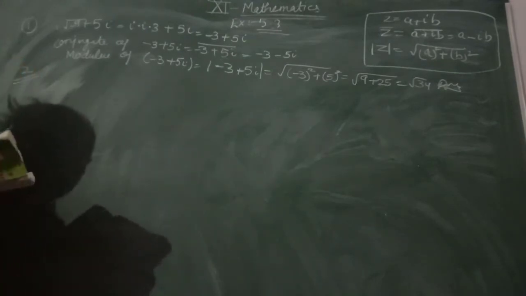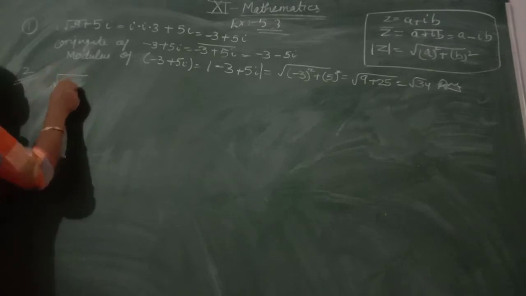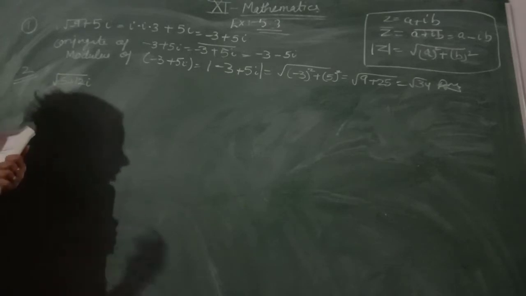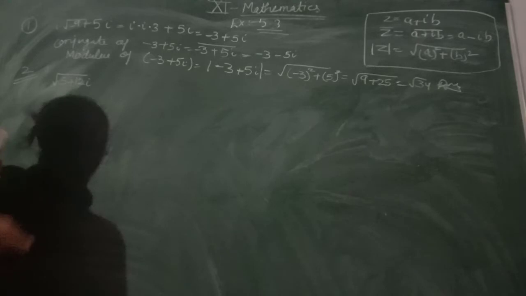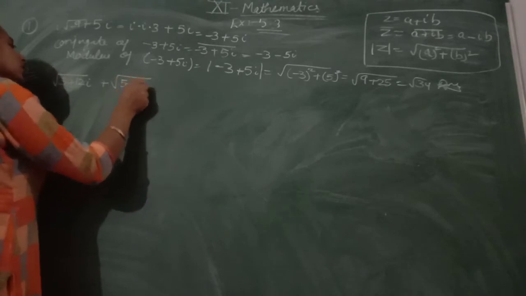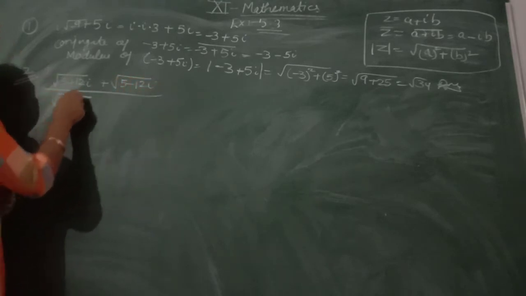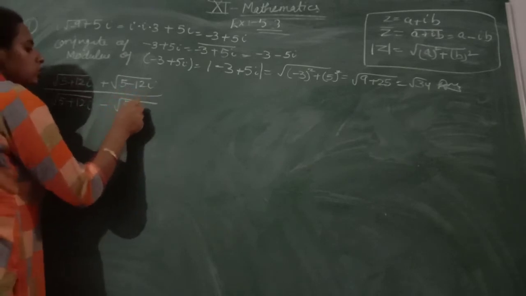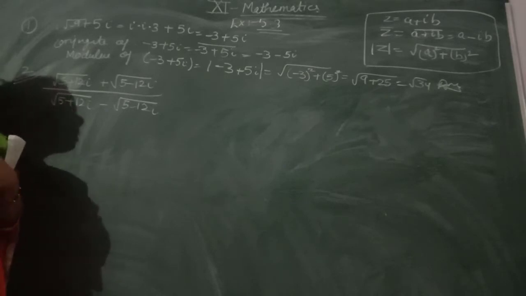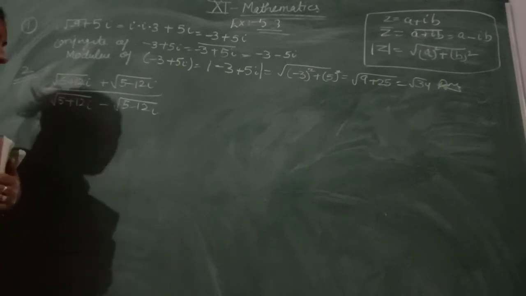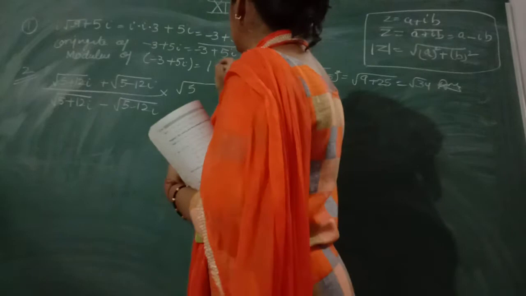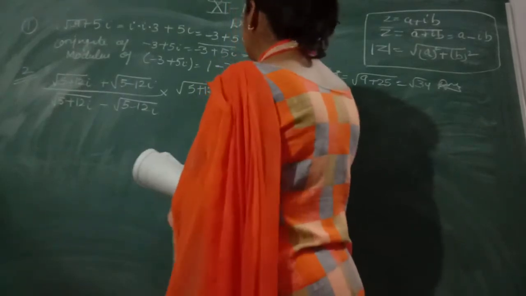How to find the conjugate of root of 5 plus 12 iota in the denominator? Firstly I am going to simplify it. Then I will see what the question demands, either the conjugate or the modulus. Firstly I am taking it in the simplest form. The question is that you have to find the conjugate of it. And how will you get the conjugate of it? Firstly make it in the simplest form, in the form of a complex number. So I am going to rationalize it. In the denominator there is the negative symbol, so I am taking it with the plus symbol.